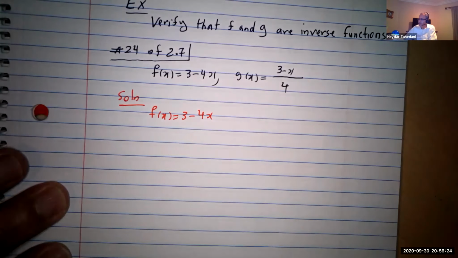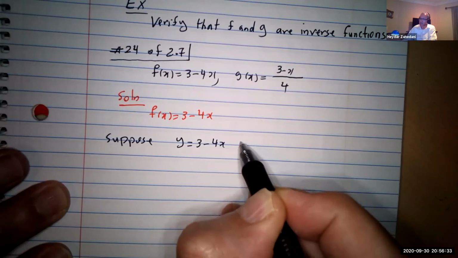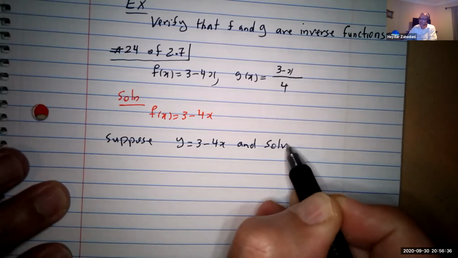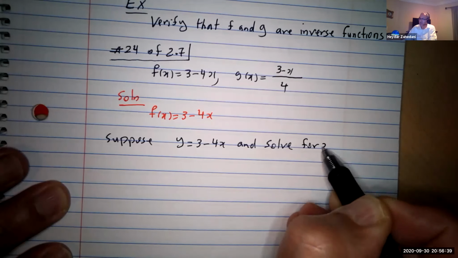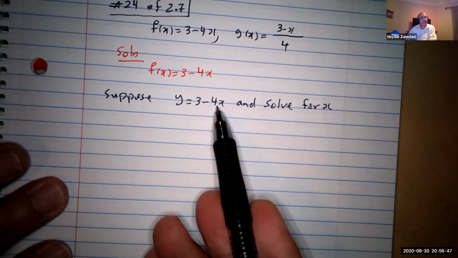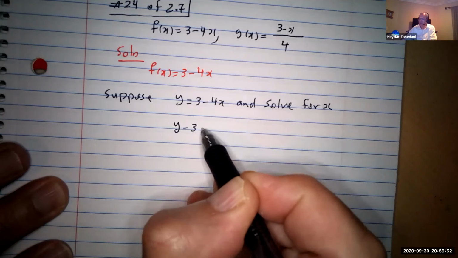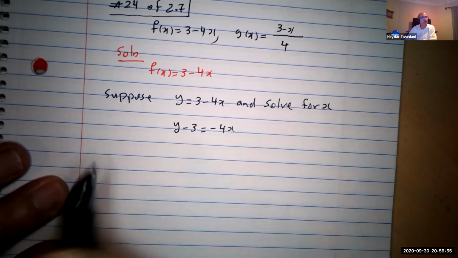Remember, two steps. Suppose y is equal to 3 minus 4x and solve for x. That's an easy way to do it. You know that we talked about how we're going to solve for x: isolate the x. A different way to do it: y minus 3 equal to negative 4x, or negative 4x equal to y minus 3. To find x, divide by negative 4. x equal to